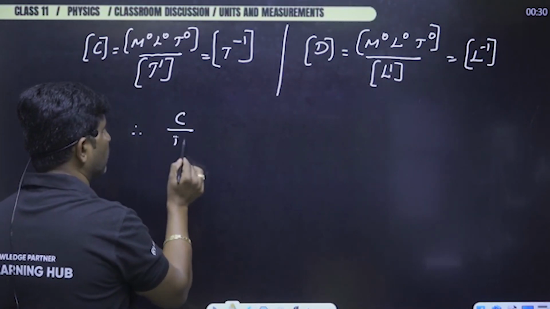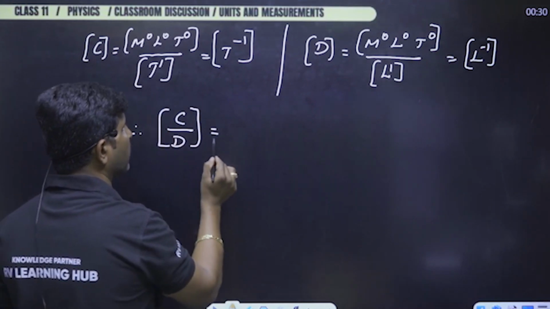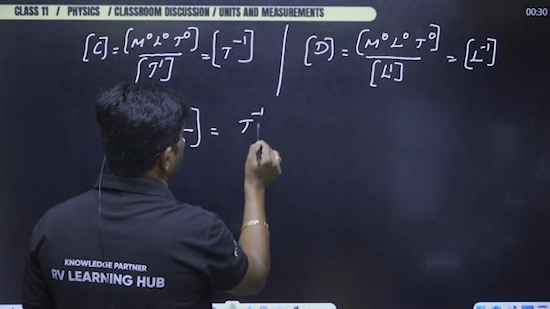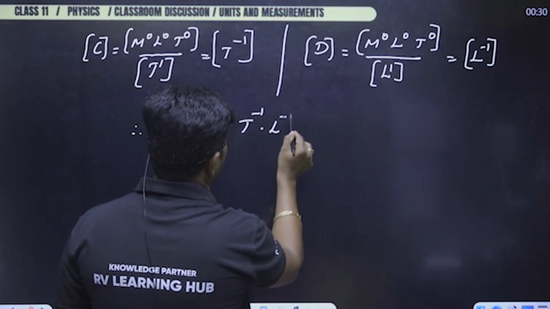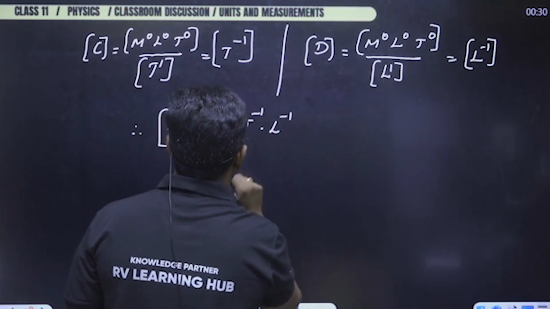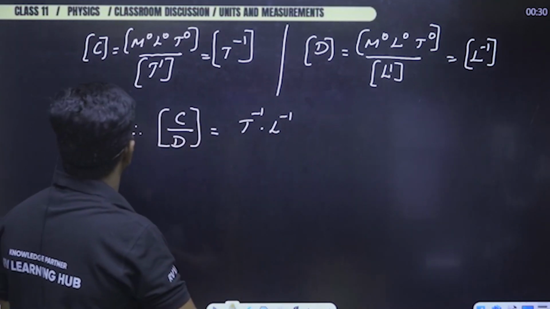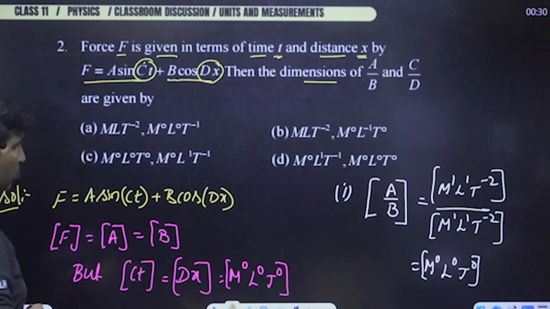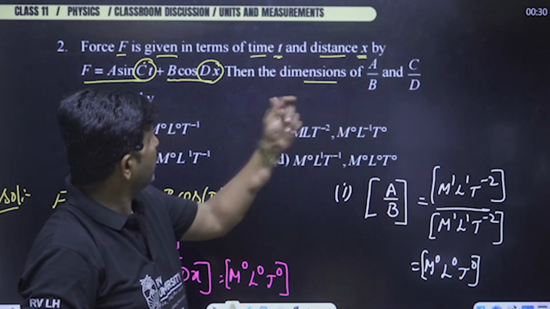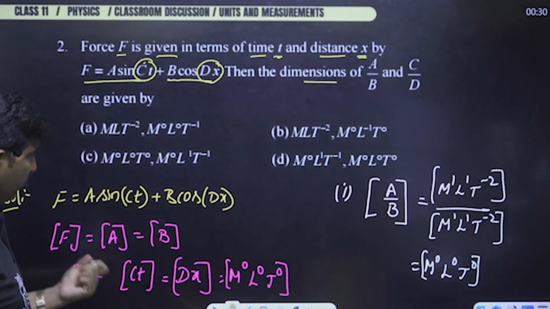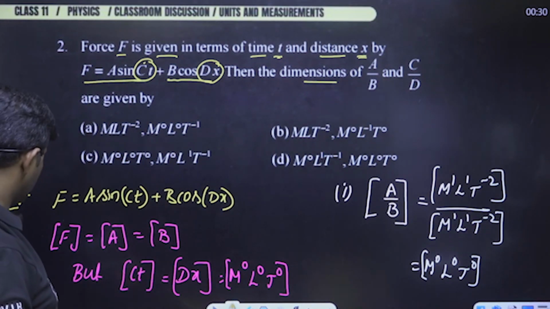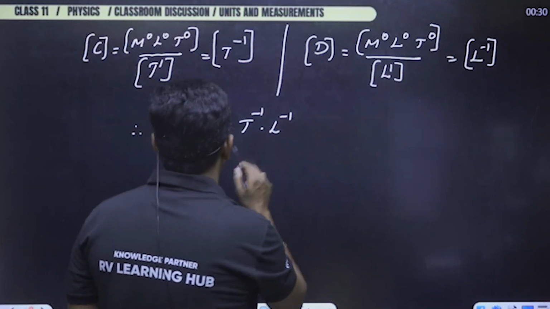Therefore, whenever we take the ratio C by D, what is the C value here? C is nothing but T to the power of minus 1, and D is L to the power of minus 1 here. Therefore, what is the dimension of C and D here? Let us think about this. What is this C by D here? D is having L to the power of minus 1 and C is having T to the power of minus 1. If you do simplification,